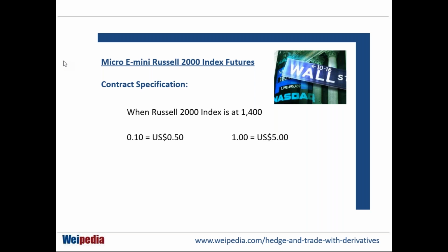That's about trading. Now, let me introduce you to the smallest product of Russell, called the Micro E-mini. To understand a contract, there are two tricks that I'm going to share with you. Number one is that you have to understand the contract specification. This applies to all the futures market and all the contracts around. You just have to know two things, then you're good to go. Really, just 5 minutes.